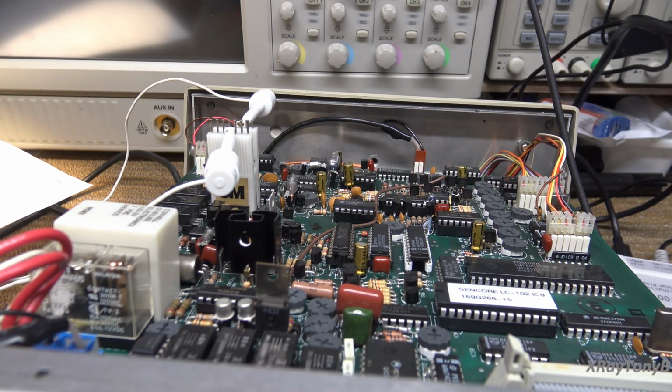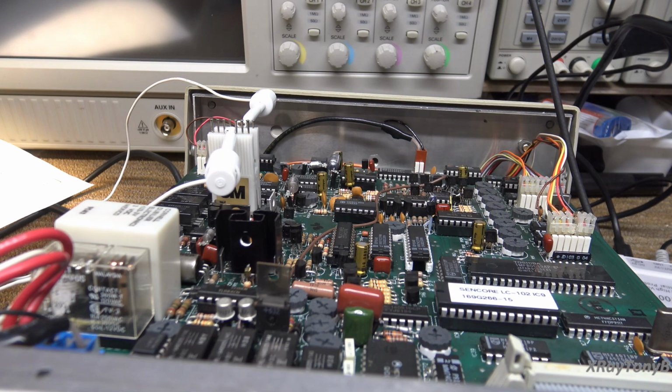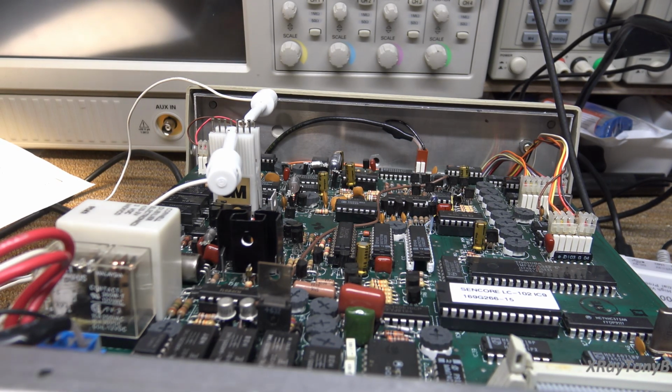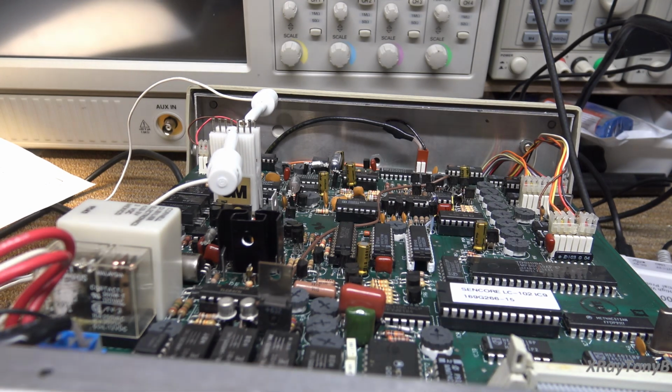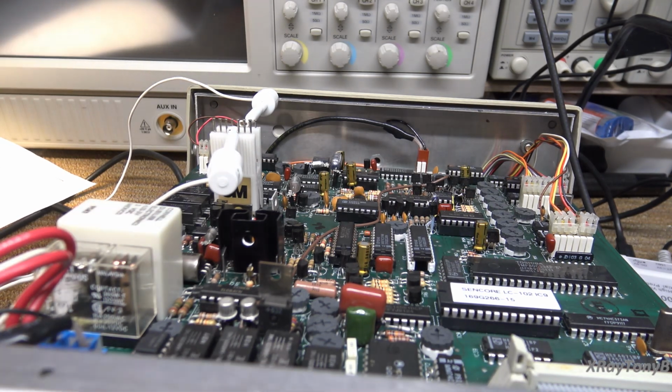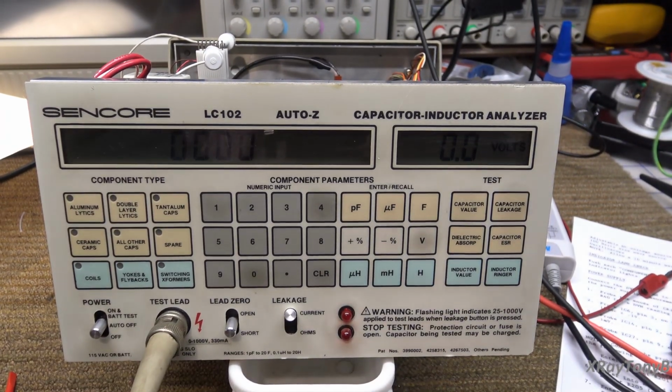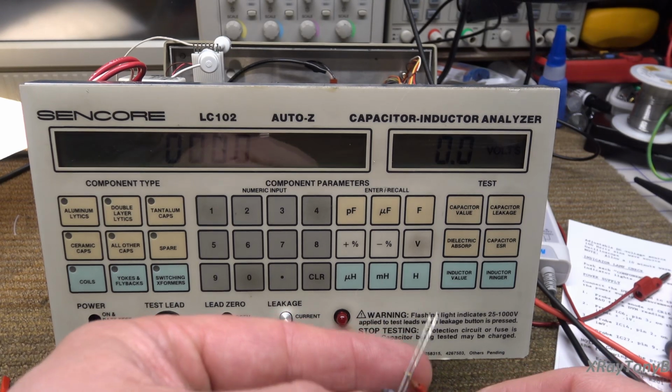Why in the heck would that be? How could that be like that? I just can't figure it out. So I think the next thing I'm going to do is pull this board again. I'm going to remove that integrated circuit, and I'm going to see if there's any damage on the traces or somewhere where we're losing that connection. Because obviously, if I disconnect that and I put this 100 microfarad back on here again,